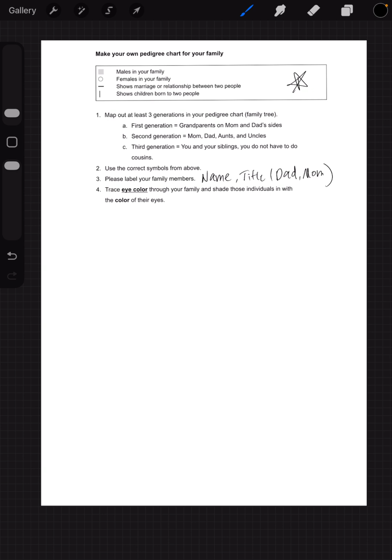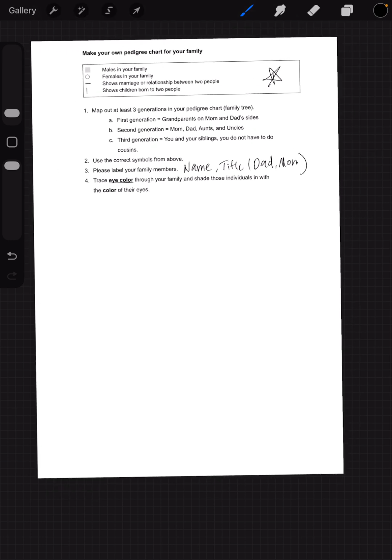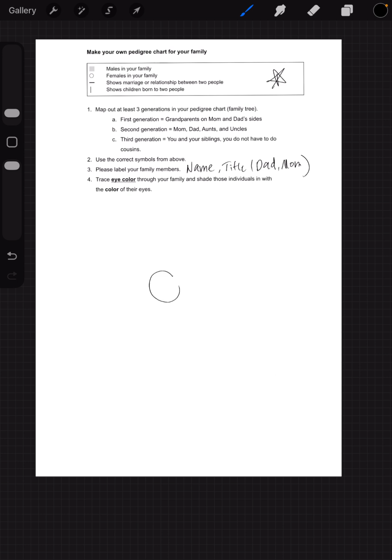Okay? And then the final thing, once you have your whole pedigree done, then you're going to trace the eye color through the family and you're going to shade those in with the color of their eyes. So let's start with a basic example, like the most basic we could possibly do. We'll do a circle for mom,